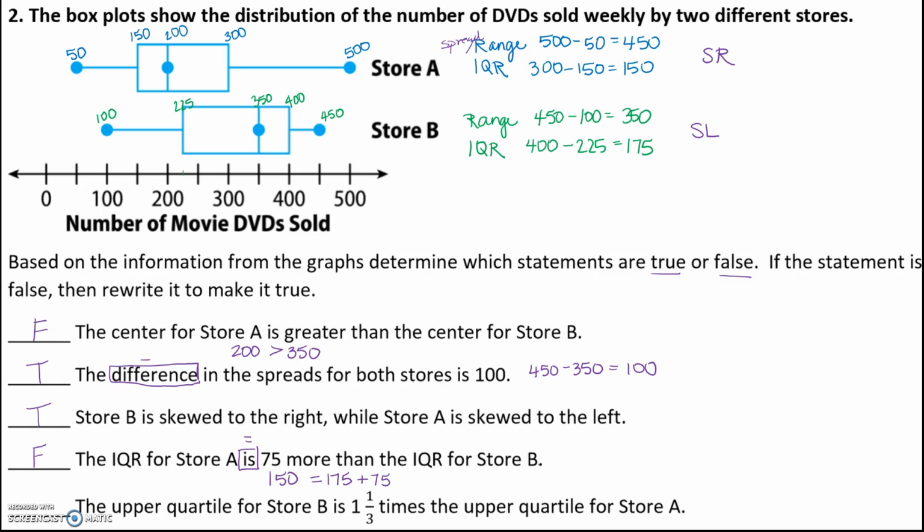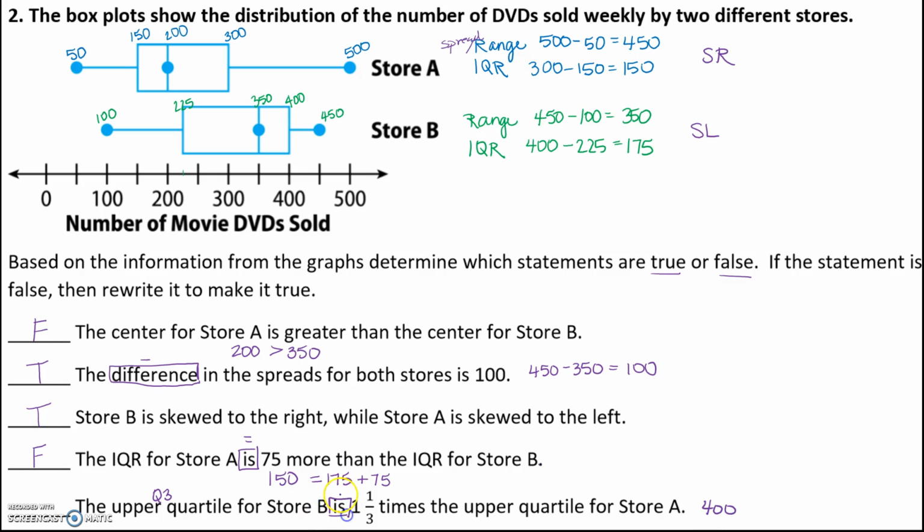Okay, and the last one says the upper quartile. So remember, the upper quartile is quartile 3. That's the far right side of the box. For store B is 1 1/3 times the upper quartile for store A. Okay, so the upper quartile for store B, so that's the right side of the box, 400,